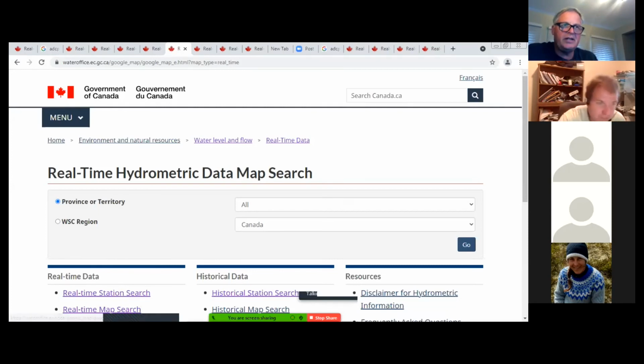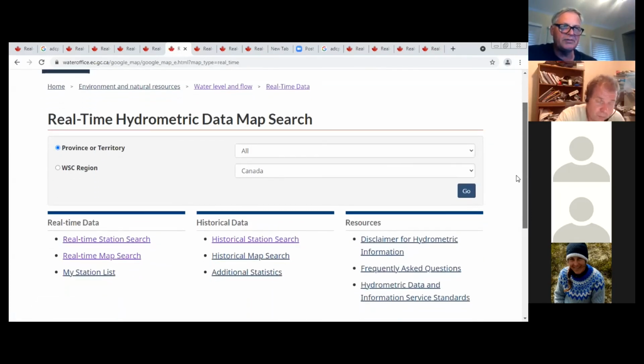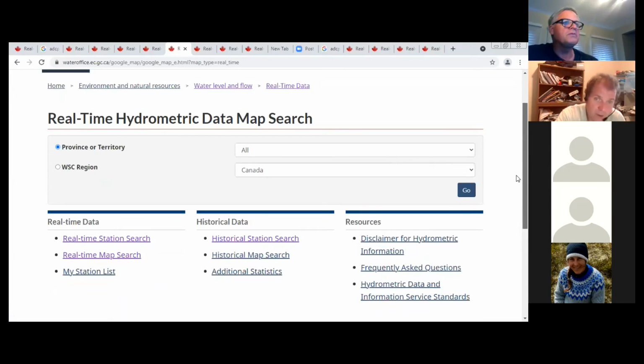We did it on this date, because on a river, it's very important to date, because it changes day by day, month by month, for sure, right? You're piecing the story together. So going forward, in order to have good data 5 years from now, write down the station name